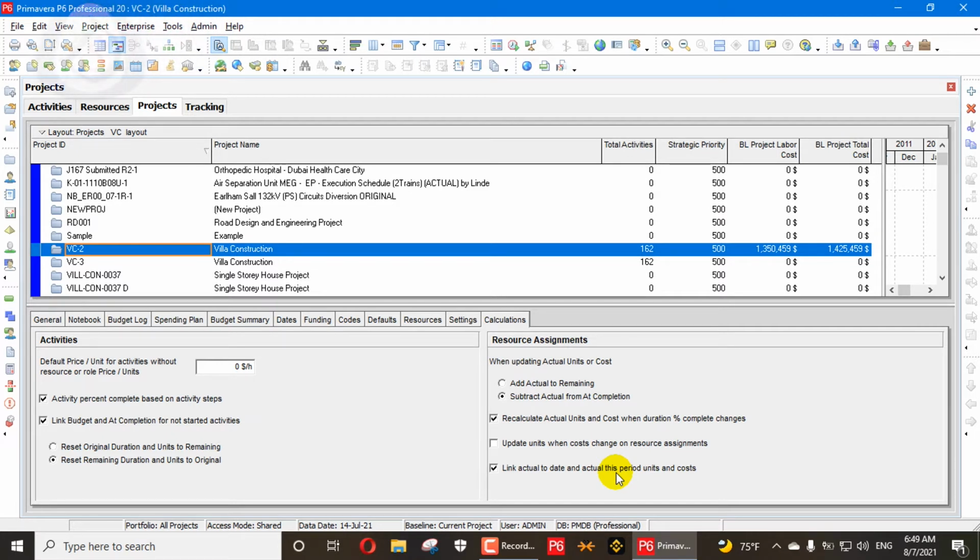So this period means you have created this period yearly, quarterly or monthly. So it will be accumulated in that period. So when you are updating today, it will be updated to this period. This period means your month, your quarter, your year, which you have created in your financial period. So you can see my complete video about financial period, so you can understand what the financial period is and what a fiscal year is.